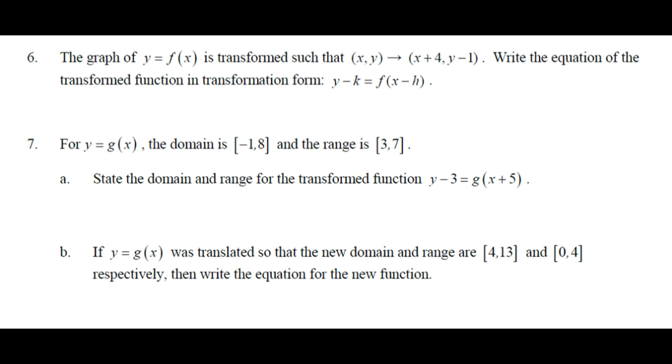Graph y equals f of x is transformed such that... So now we're giving you a mapping. We're saying (x, y) becomes (x plus 4, y minus 1). So what you want to do is take that mapping and figure out the words that go with it. What's it doing? x is going to x plus 4, so that's right 4. And y is going to y minus 1, so that's